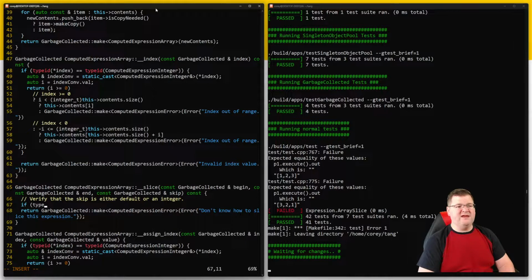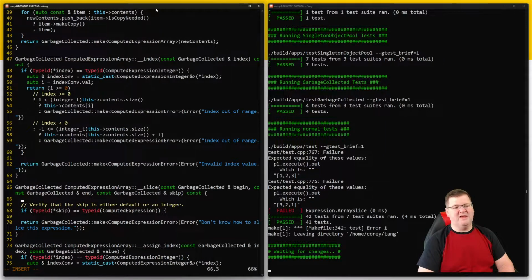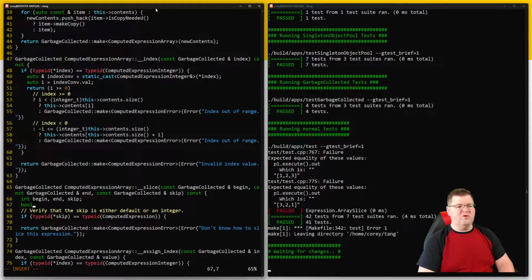So if the type ID of skip is equal to the type ID of computed expression, then it's going to be a default. So we're going to have an int begin, end, and skip, and Boolean values for